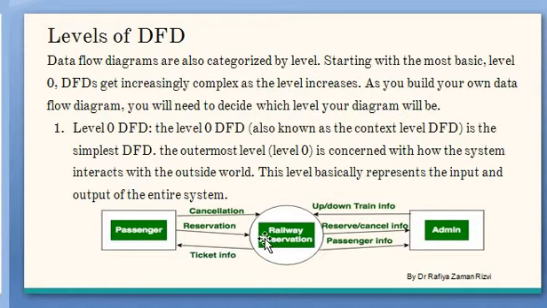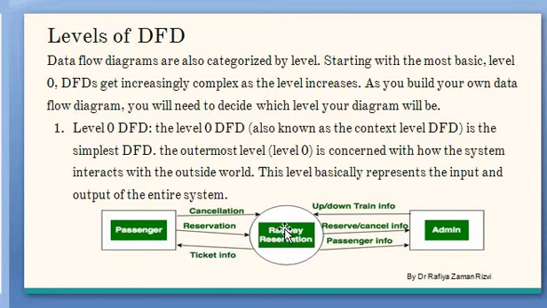When the passenger places a request for reservation, they send the information to the admin, okay, and the admin actually checks whether the ticket is available or not and sends back the train information, and the ticket is then booked, okay. It can also be cancelled. Here it is also trying to send a cancellation request to the reservation process, and this cancellation can also be done through the admin, okay. So this is the railway reservation system.